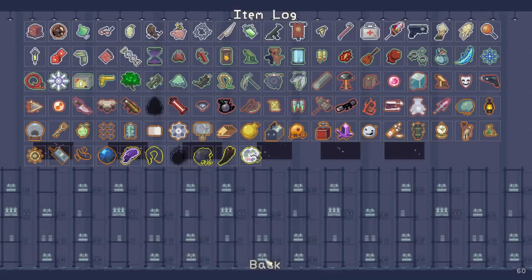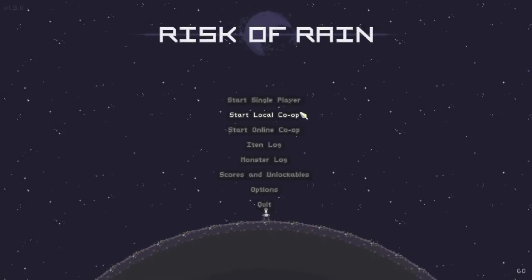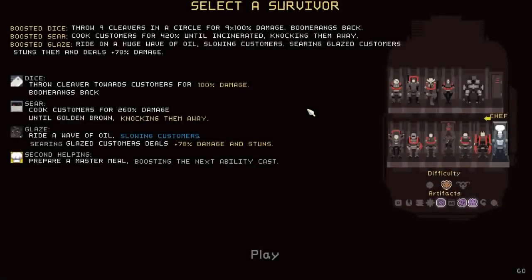We also need 4 monster logs. The Ancient Wisp, the Toxic Beast, Ifrit, and the Scavenger. And we can get all of this stuff just by doing a breaking run. Breaking run means one of 2 things. On one hand, it means...